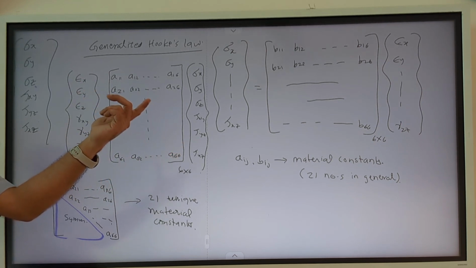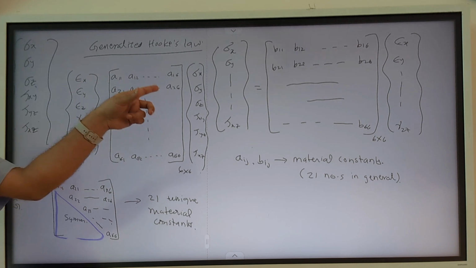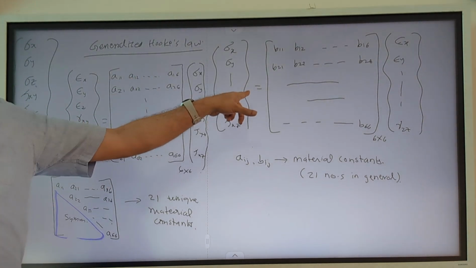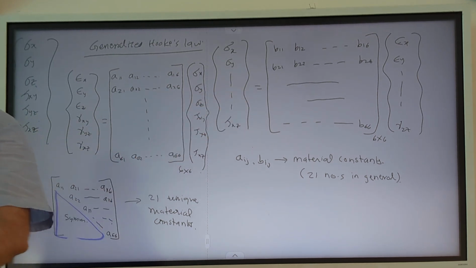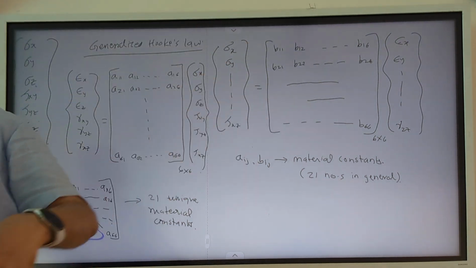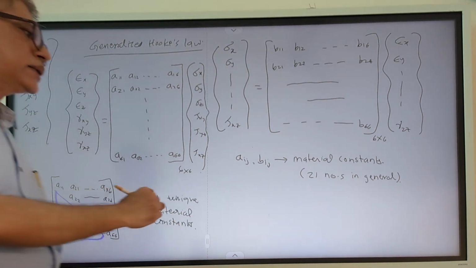Now, if you are considering the material as homogeneous, these constants will remain the same anywhere. So if you want to decide what the stress-strain relationship is at the right hand side of the table, the same relationship with the same material constants will be valid on the right hand side or anywhere on this table, if this table is homogeneous.